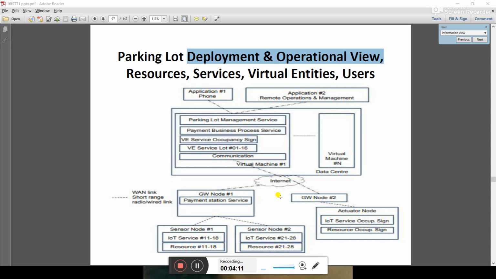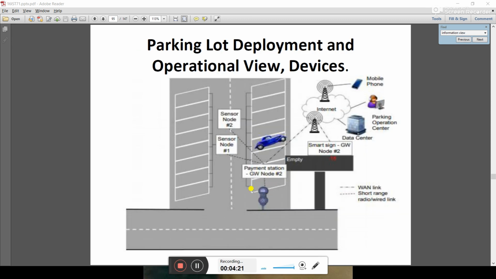So such type of things are over there. So here you can see two gateway nodes, one is gateway node 1 and another is gateway node 2. So in the picture also, here you can see that there are two gateway nodes. One is the gateway node for the payment, and one is the gateway node for the empty spaces.